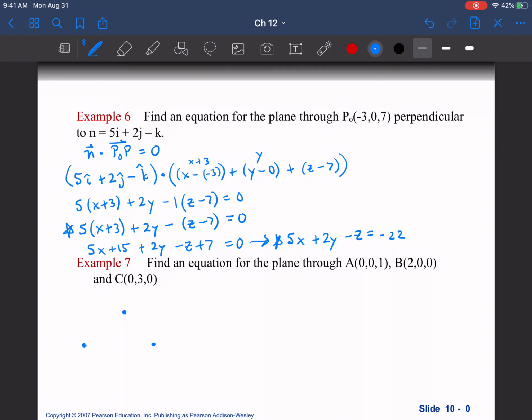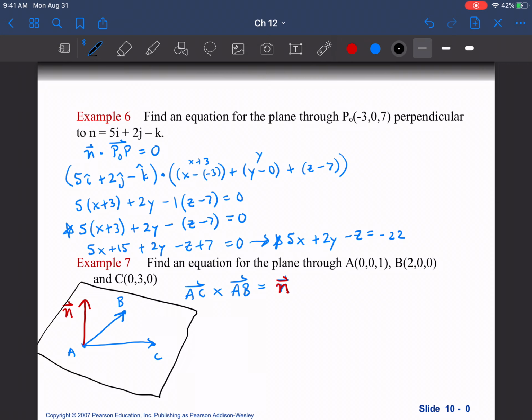I think we did something similar to this before, but if these are points A, B, C, you could have vector AC and vector AB, and you're going to want to take advantage of AC crossed with AB, and that will give you some normal vector to it, right? And so you'll get some third vector, let's make that red, the normal vector, and that will be the normal vector to your plane that A, B, and C lie in,